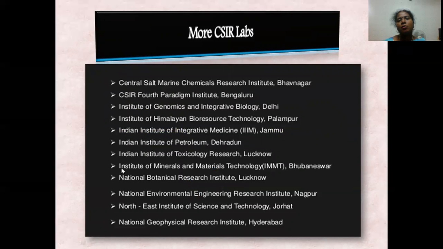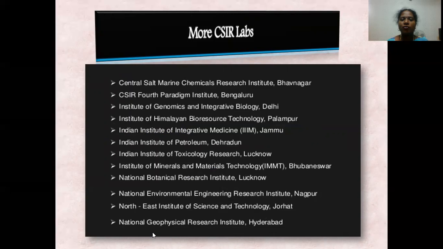Apart from these major CSIR labs, we also have more CSIR labs like Central Salt and Marine Chemicals Research Institute, Bhavnagar, CSIR Fourth Paradigm Institute, Bangalore, Institute of Genomics and Integrative Biology, Delhi, Institute of Himalayan Bioresource Technology, Palampur, Indian Institute of Integrative Medicine, Jammu, Indian Institute of Petroleum, Dehradun, Indian Institute of Toxicology Research, Lucknow, Institute of Minerals and Materials Technology, Bhubaneswar, National Botanical Research Institute, Lucknow, National Environmental Engineering Research Institute, Nagpur, Northeast Institute of Science and Technology,